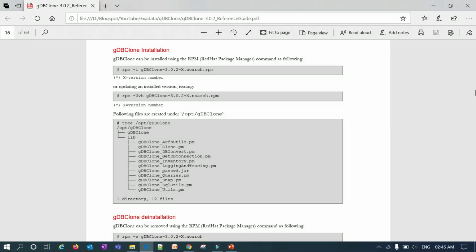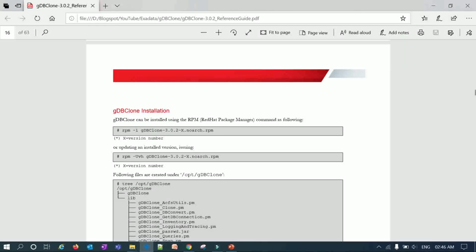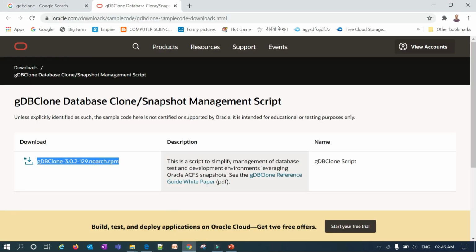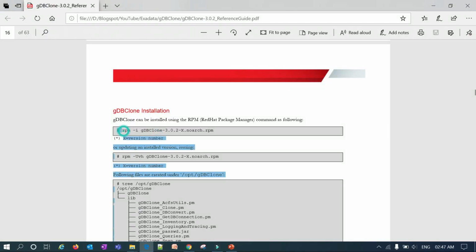Again, one of the installation requirements is that GDB clone is an RPM. First you need to install the RPM in your environment. If you search GDB clone and go with this one, this is the RPM. You can get it from the Oracle site. If you download this RPM, you can install it. The moment you install the RPM, you will get this opt and GDB clone.